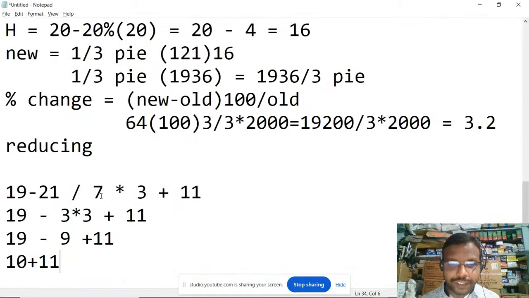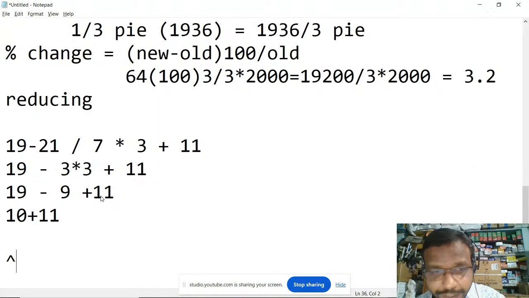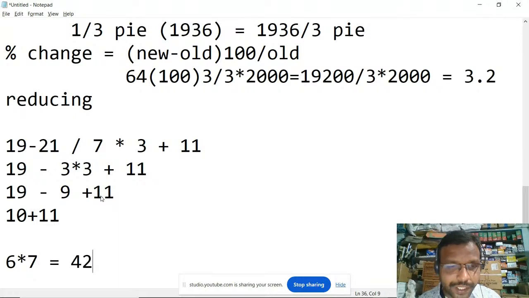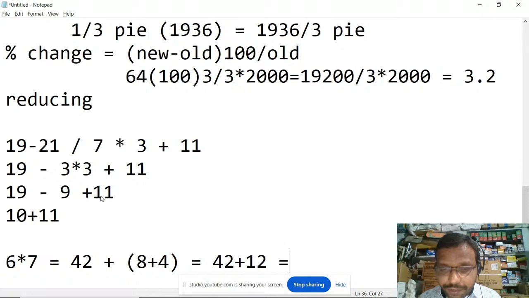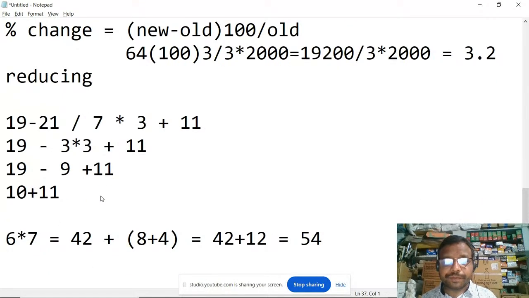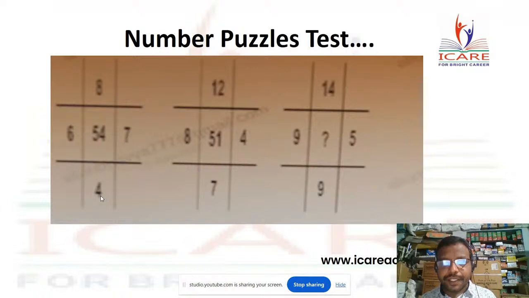So once again, the logic should be 6 into 7 is 42. Right side and left side numbers multiplication plus top and bottom numbers, 8 plus 4 is 12. So 42 plus 12 is 54. Second one, 8 4, there,